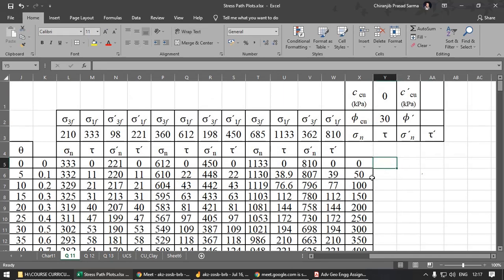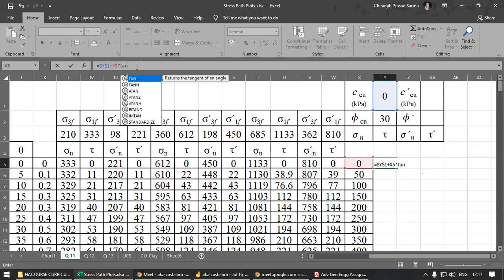Okay, so here now what we have to do is, C which is equal to C, so let us first give the dollar sign so that it does not change, C plus sigma n. Now what is sigma n? These are sigma n values. This line, sigma n into tan of, now remember